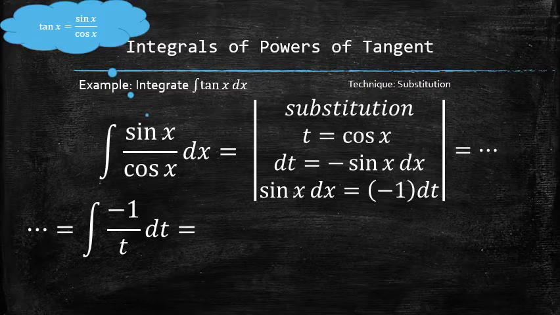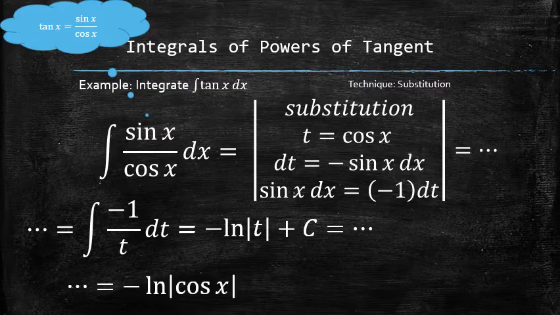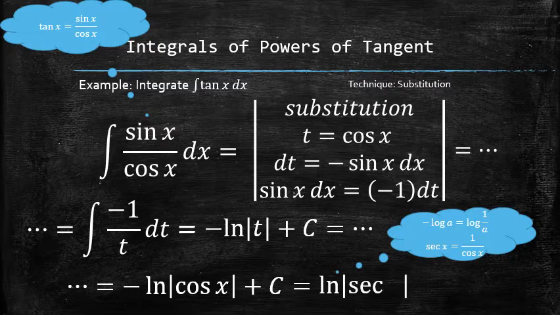Next, we plug everything into the original integral, and because of the discovered pattern, we have nothing but the negative reciprocal of t left in the integrand. We finish the process by finding the antiderivative and plugging the original function of x back for t. Using the properties of logarithms and another trig identity, we can rewrite the answer in the following way.